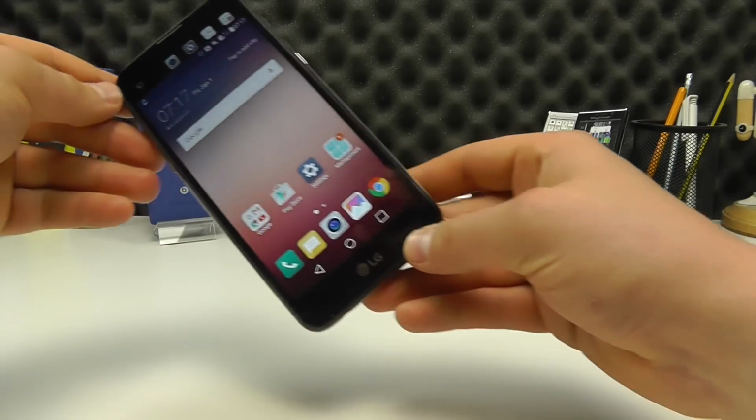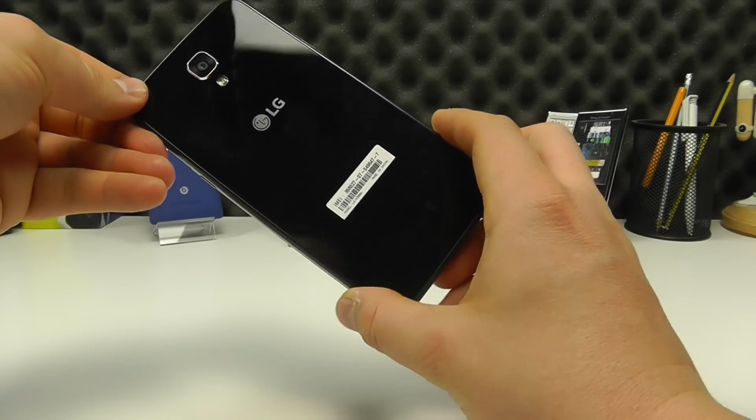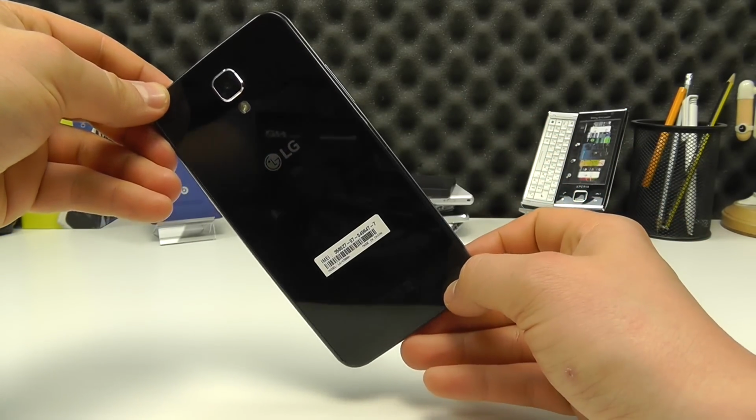So that's a quick unboxing and hands-on with the LG X Screen, which is available for £220 including VAT at the time of recording from